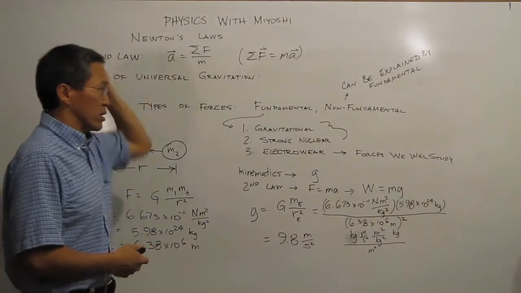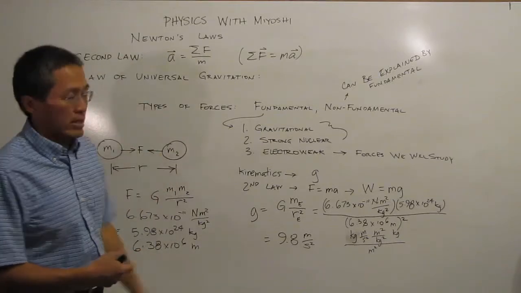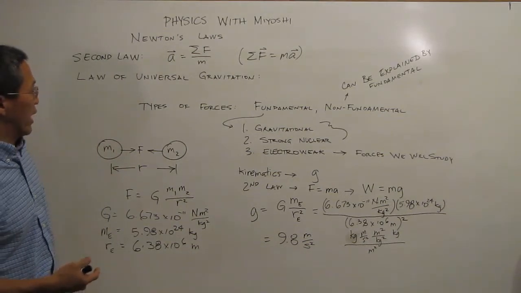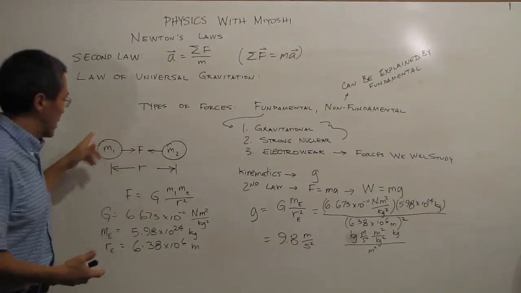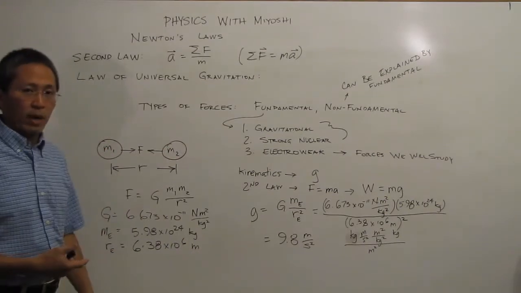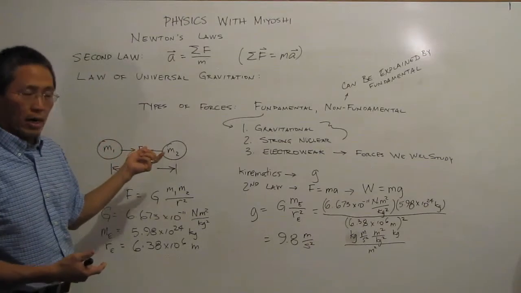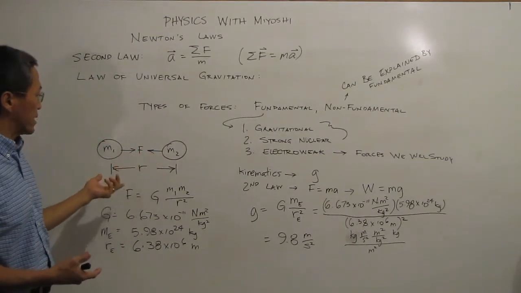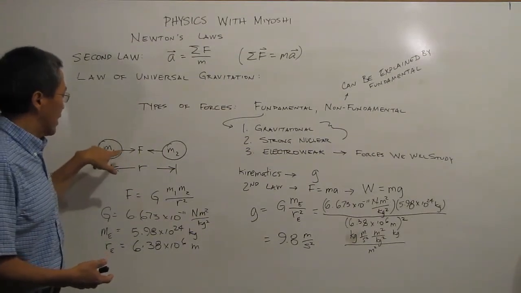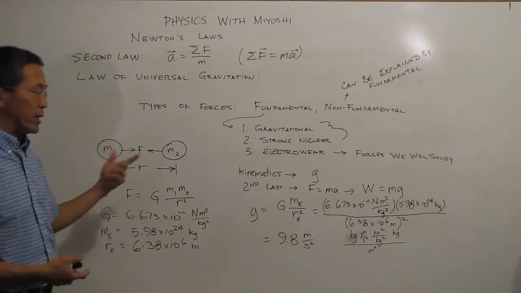And gravitational forces were postulated by Sir Isaac Newton, who proposed that there's a universal gravitational force. What that means is that if I have two masses, two bodies, we can consider any two bodies to be points or spheres in space. He postulated that there would be a force, and by his third law, there would be an equal and opposite force.